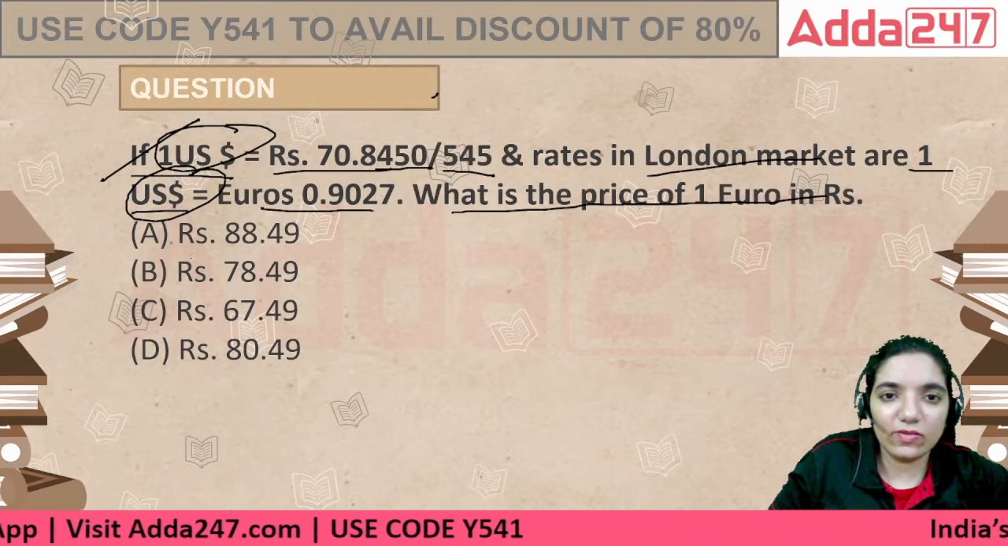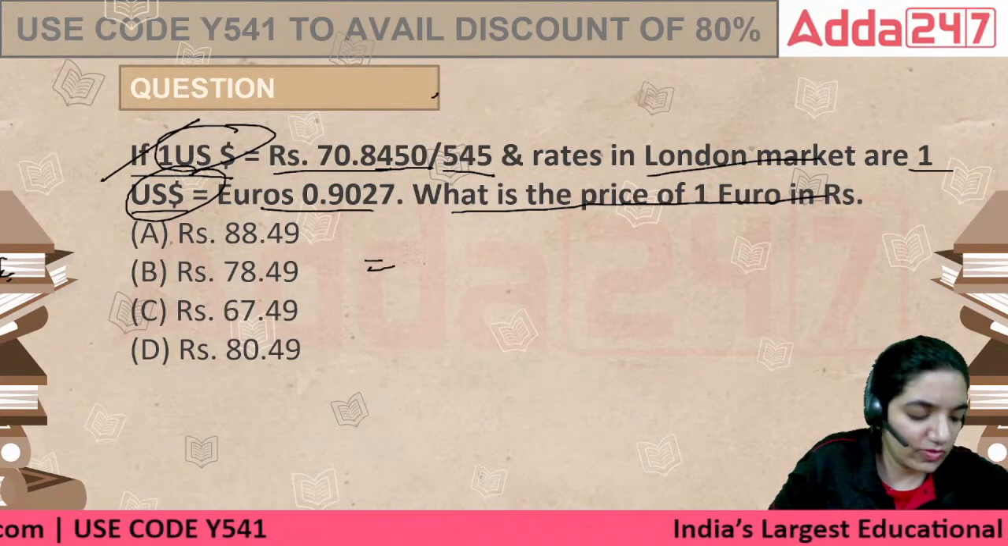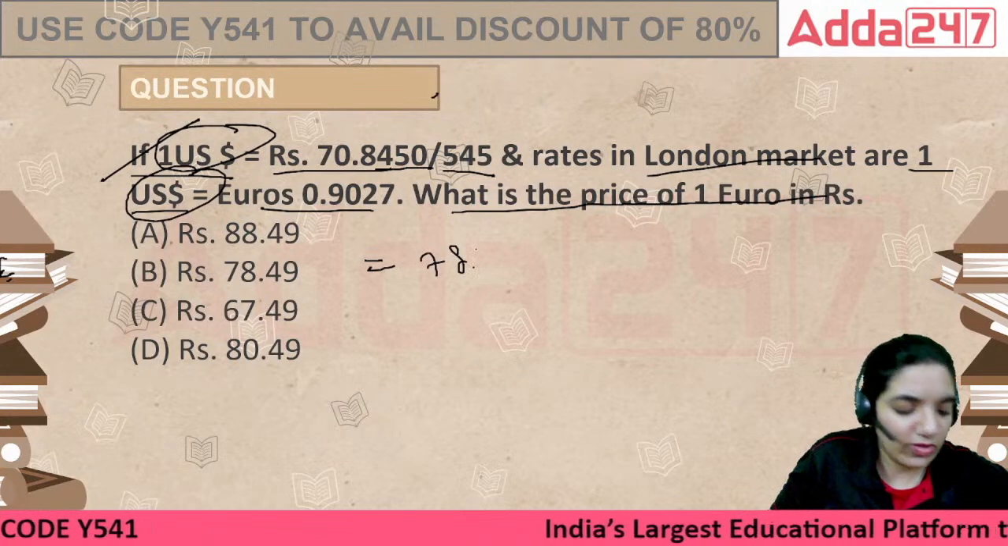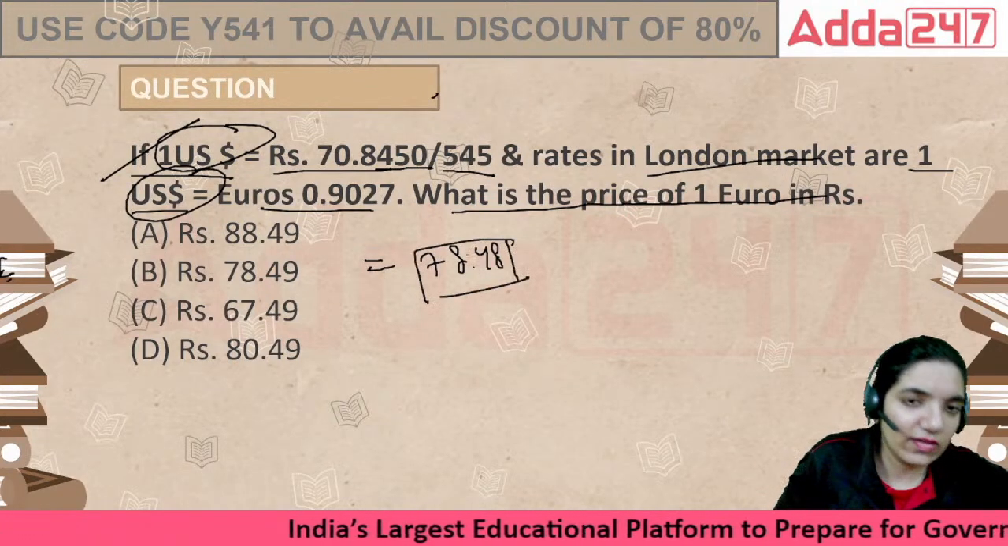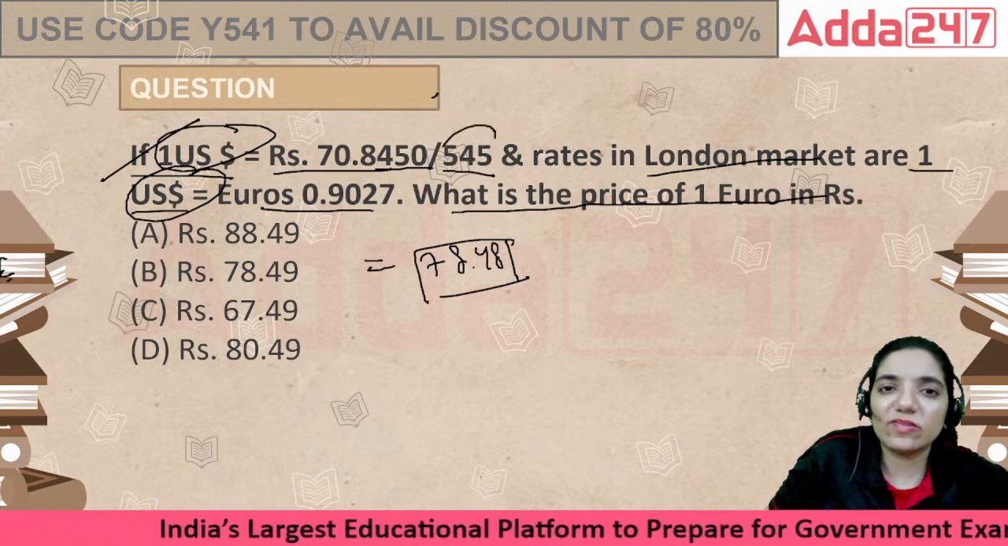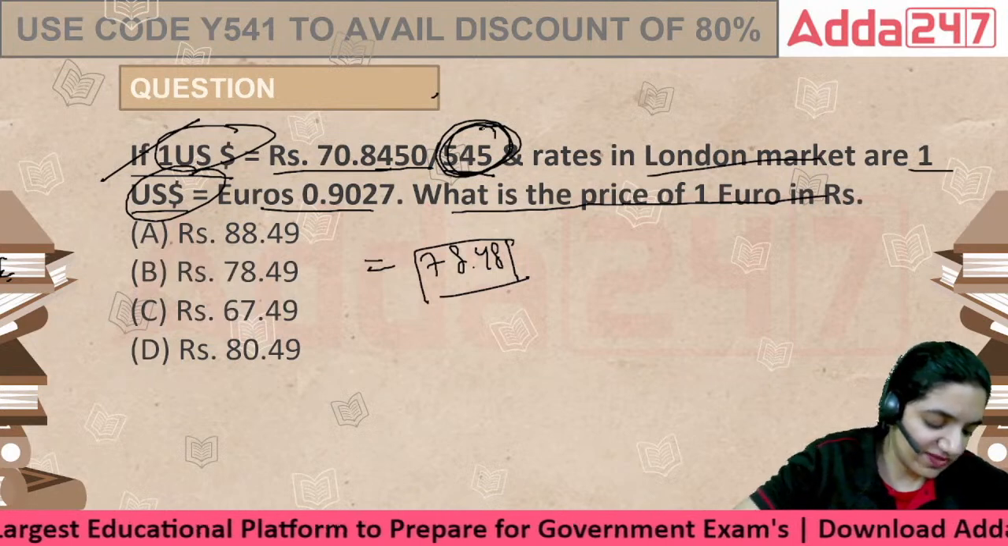It would be equal to 78.48. That is the point that I am getting, right? So see, always take up the selling rate. Always take the selling rate. Never take the buying rate. It is basically